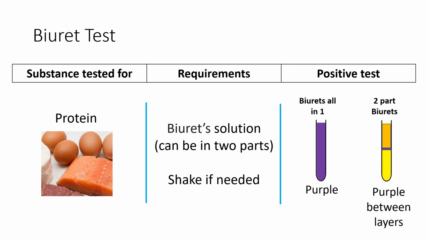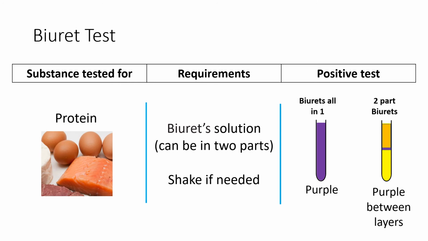You can have Biuret solution as one substance. You can also have Biuret solution in 2 parts. And quite often you'll have to shake this test for it to get it to work properly. If you use a Biuret solution that's an all-in-one single solution, what will happen is you will have a purple